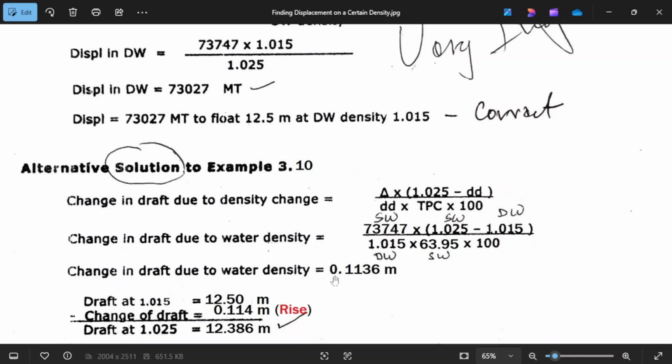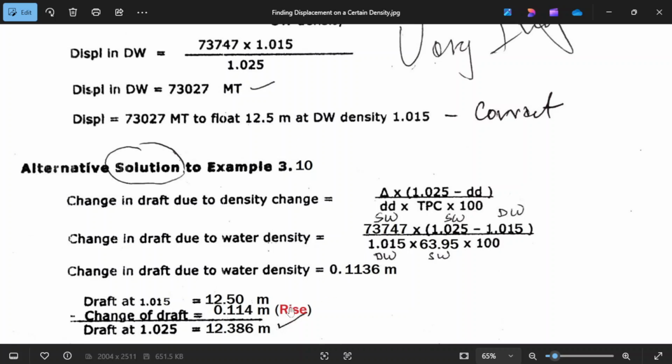Now I call this one a rise. Instead of a change of draft, I want to call it a rise. Okay, why? I'll explain to you. The vessel is floating in a density of 1.015, and this draft is 12.5 meters.